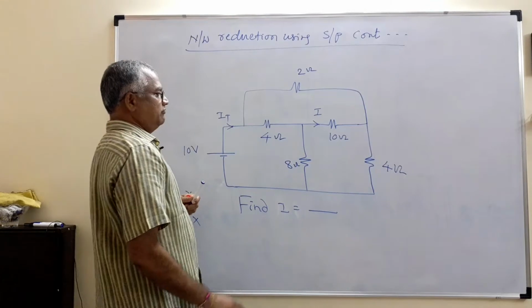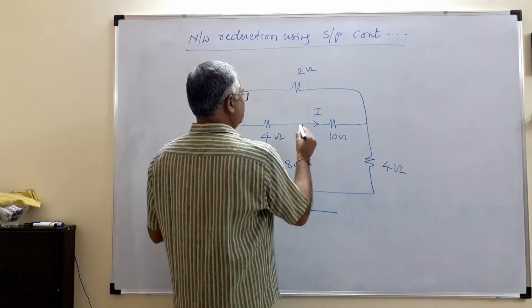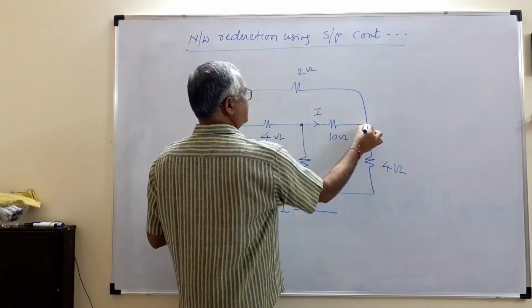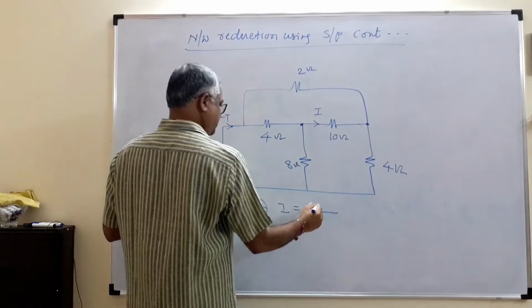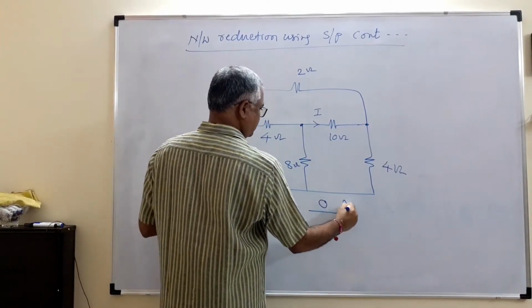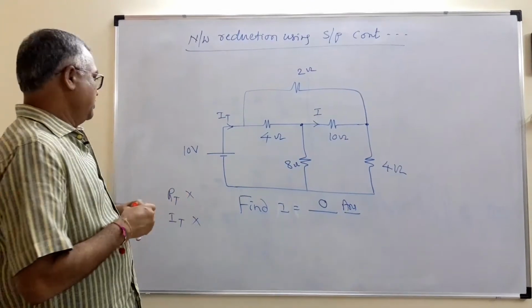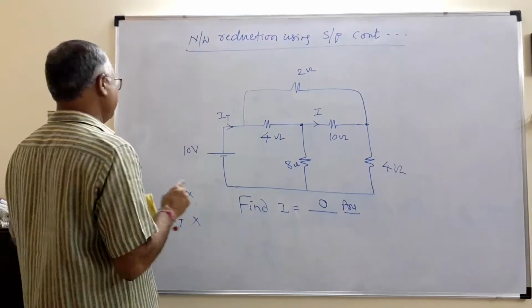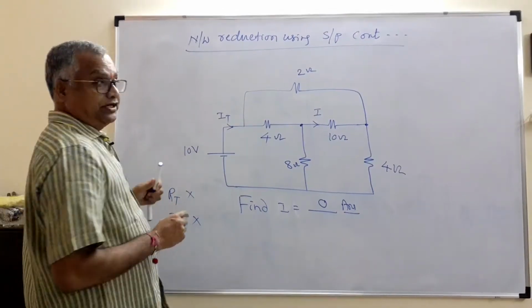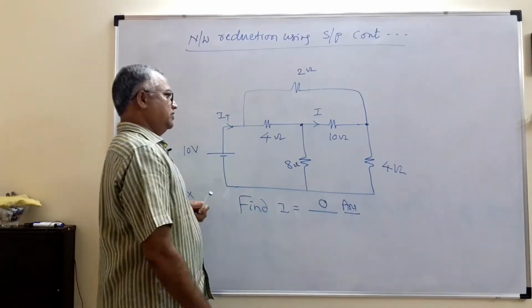As I told earlier, when the bridge is balanced, what is the current in this element? 0. So the voltage at these points is equal. Potential difference 0, current is 0. So this is the answer. So like this, logically we have to answer. If the bridge is not balanced, it takes more time to answer.